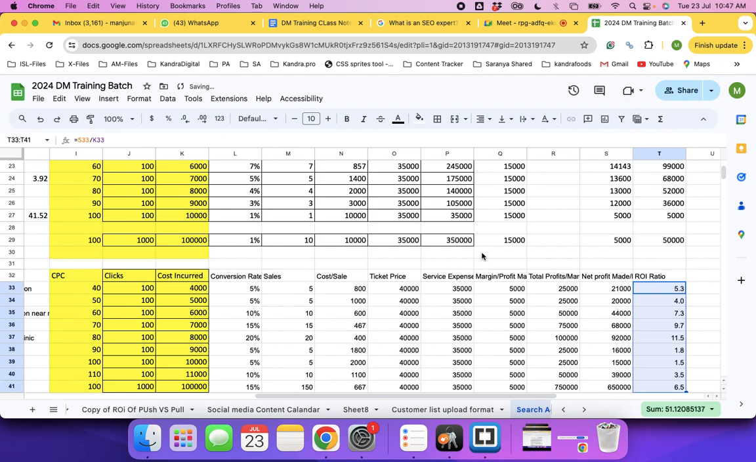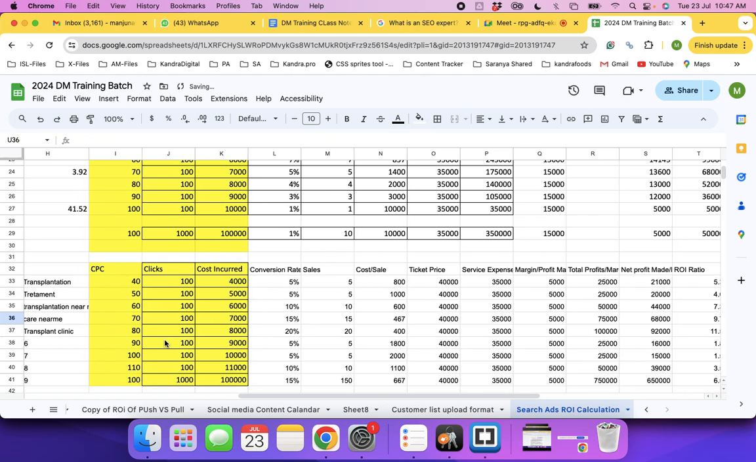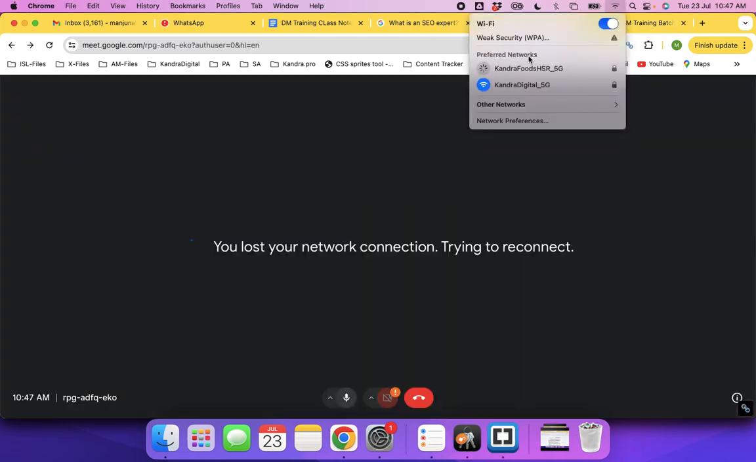7 sixes are 42, correct? So look at this, this keyword has the highest conversion rate. See now,